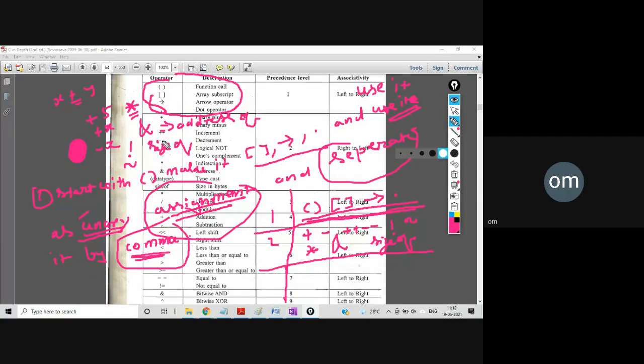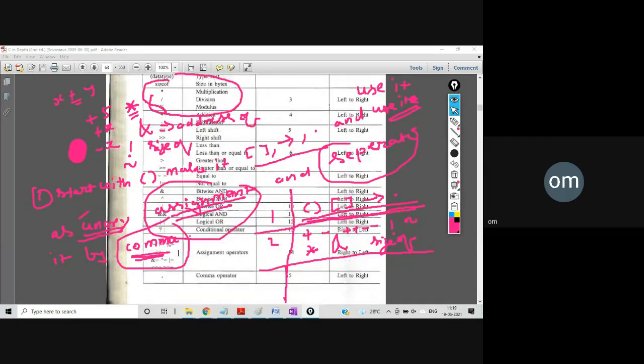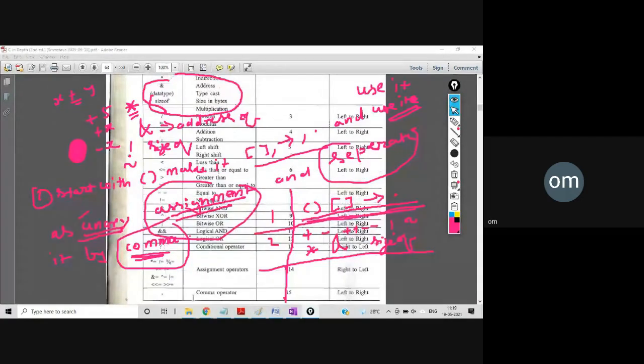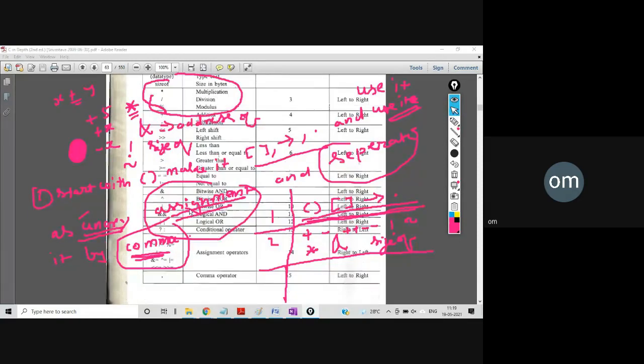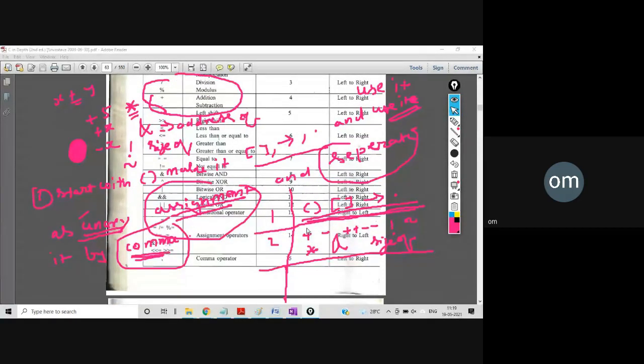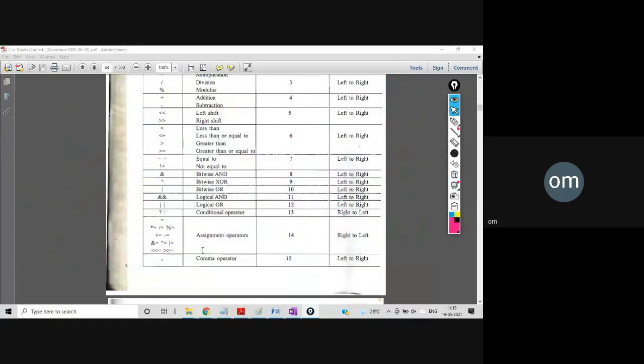So let's go there. Let me show the pointer. The last is the assignment operator and then the comma operator. I wrote the first and second levels, and then I directly jumped to 14 and 15. See this, the 14th and 15th. Clear? The 14th one is assignment operators, all the assignment operators, along with the updating assignments which we saw yesterday. The first assignment operator we can write like this.